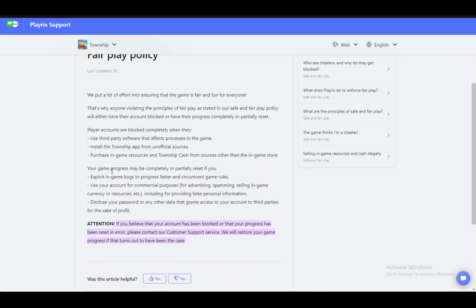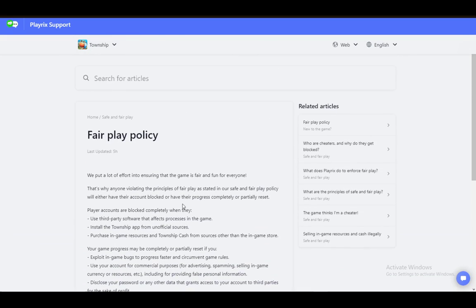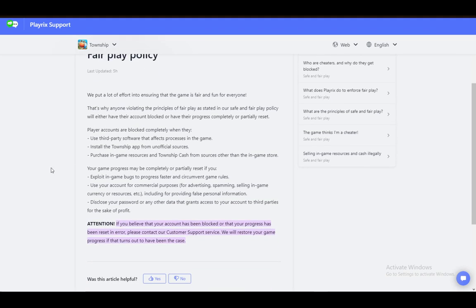Now, if you think that you have been unfairly banned, there is a way to possibly get your account unbanned, and it is the following, and it's pretty much the same as for any other game under the sun. If you think that you have unfairly been banned, just contact customer support. Write them an email or contact them however you can, and make sure that you describe the entire problem in detail, and once you describe it, somebody from customer support will make sure to help you to the best of